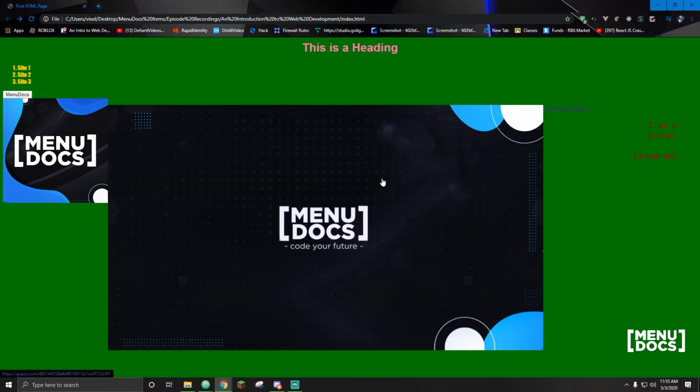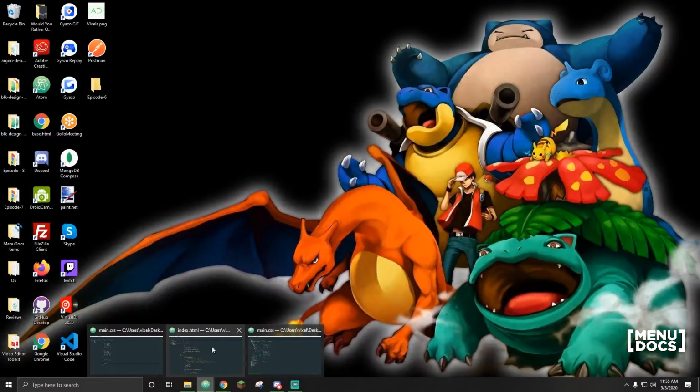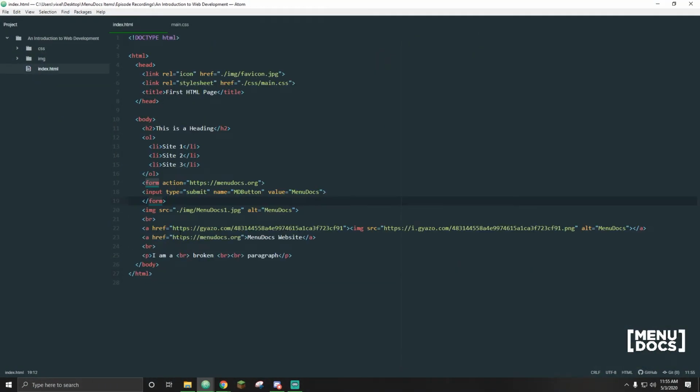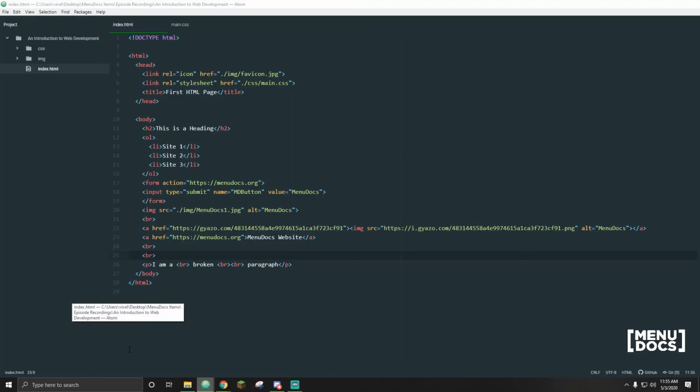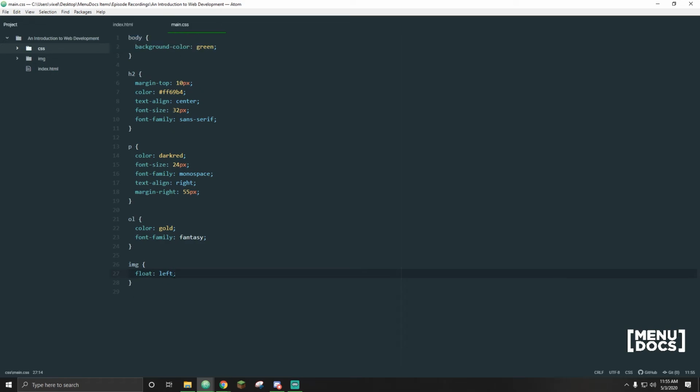Now if we refresh the page, notice the images are now in line with all the documents, and they're floated to the right of the page. But since they're floating, they're going to appear in line with the rest of the text. An easy way to fix this is to go here to the images and just add another break. And that should move things, but sometimes it doesn't. A lot of the time, because you're floating it, it's going to float in line with your text, which if you don't want that, you can always just do